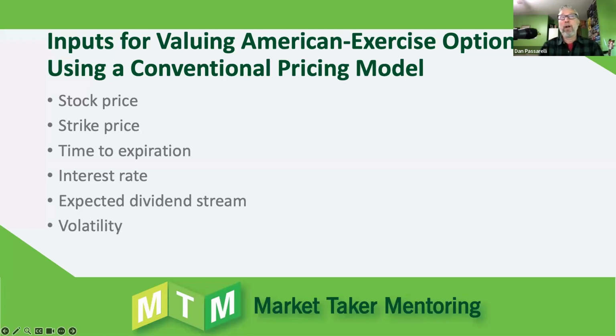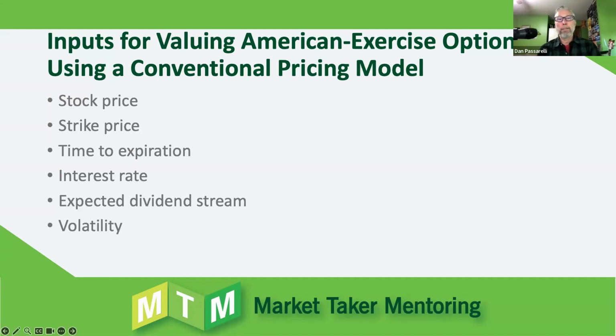Stock price, we just open up our Firstrade account and look at the price of the stock. Strike price is whatever option we're talking about. Time to expiration, just look at the calendar app on your iPhone or Android or whatever. Interest rate, interest rates change fairly slowly, typically, and have changed a quarter basis point every 3 months for the last 3 months. We went like a decade without them changing at all. I mean, we basically know what the interest rate is.